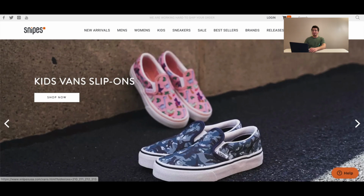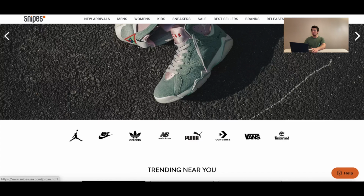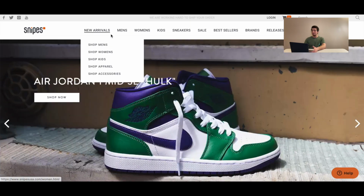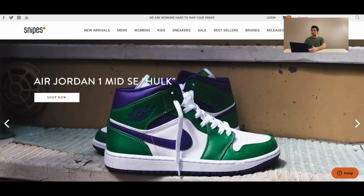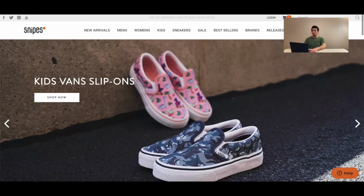Eastern time. And all you have to do is just hop onto the page and let the waiting line pretty much go through. It'll tell you when it's your turn to go on the site, and you just head over to new arrivals or just search up the shoe and you'll be able to find it and check out your size. So again, sizes could be sold out by the time you get into the queue, but I'm telling you,